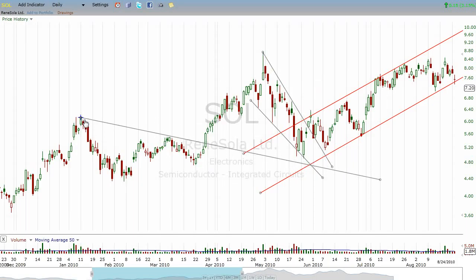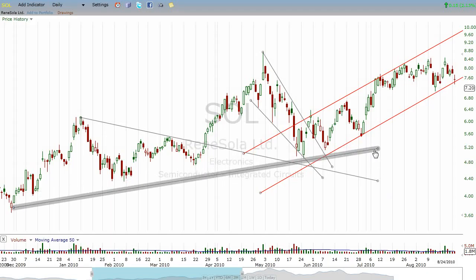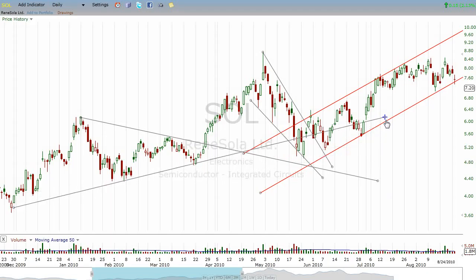And once this broke out of this little triangle here, I'm thinking, well, a lot of times you get a return to that top line or the apex. So let's snap that right here, horizontal line. So by golly, when I saw this little wedge form right here, I thought, well, this looks like this thing may be a buy, but I don't know. I think I'm going to wait just a little bit.